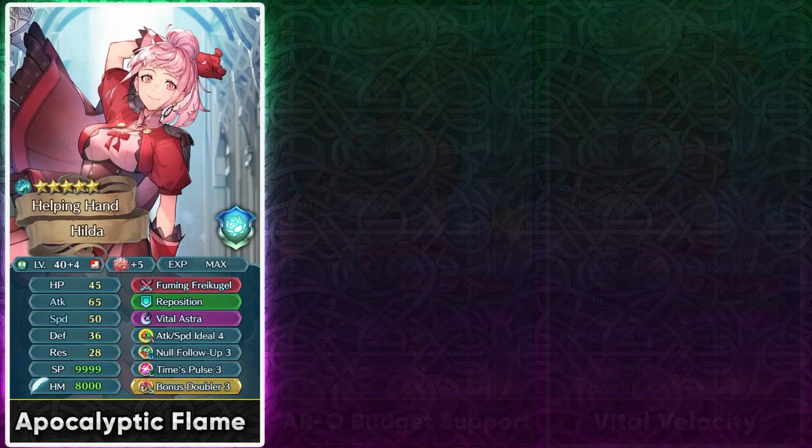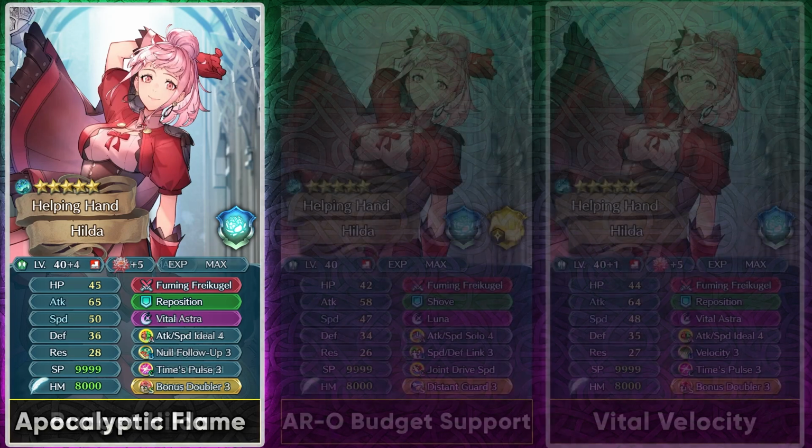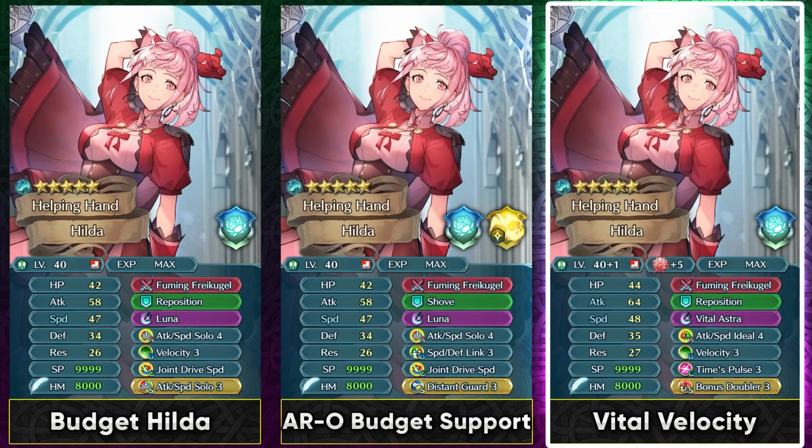And since null follow-up is going to be a bit of a concern, you can also run that in her slot B, and she's still going to be able to get like 58% damage reduction with this kind of build by pre-charging Vital Astra. So it's not all that bad. With this build which I showed before, with Velocity, her weapon, and Vital Astra, you can get 75% damage reduction. So it's definitely a bit of a loss in the damage reduction, but having null follow-up can definitely help you